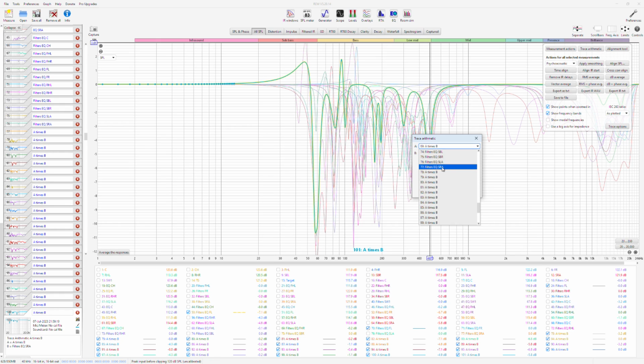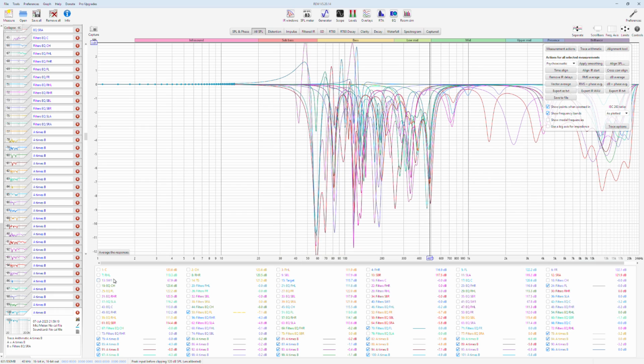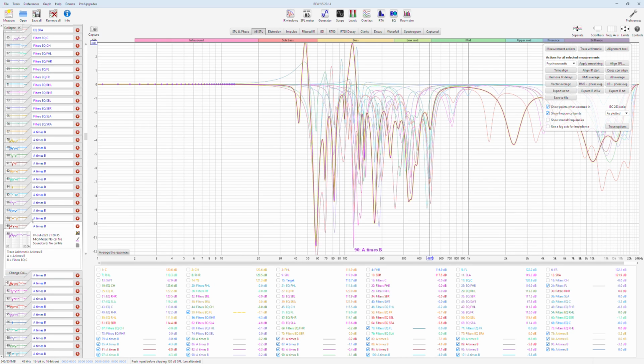I think at 77 we are finished. Yeah, because 78 is another A times B. Now we can write their names starting with A times B calculation.